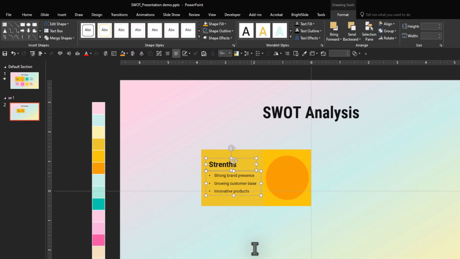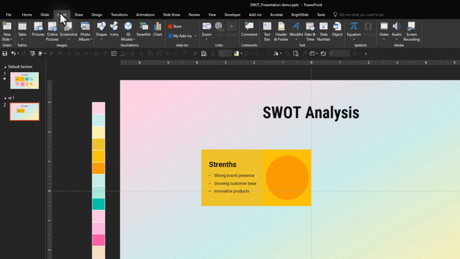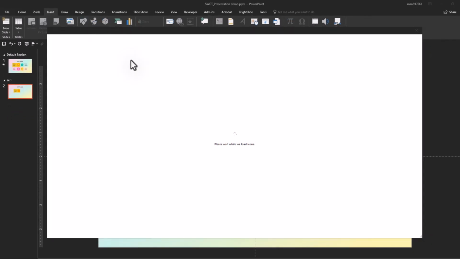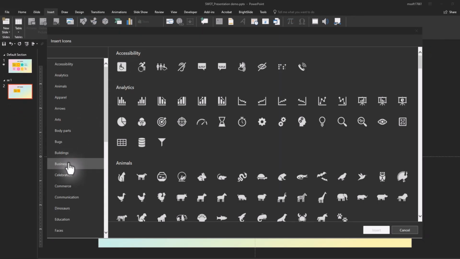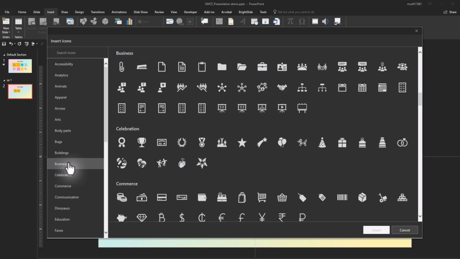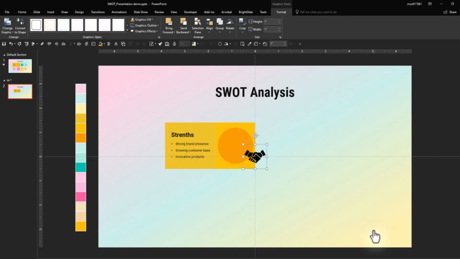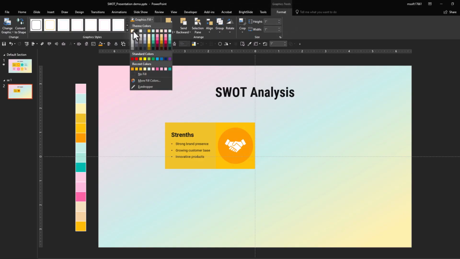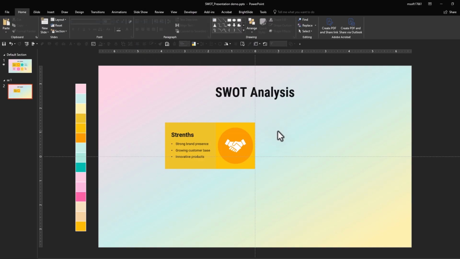Now for the icon. Go to Insert, then Icons, and in the categories, select Business. For the Strength card, I'll select a suitable icon and click Insert. Place the icon right on top of the circle. To make it stand out, change its fill color, the graphic fill color, to white. Our card is almost done, but you'll notice there's some